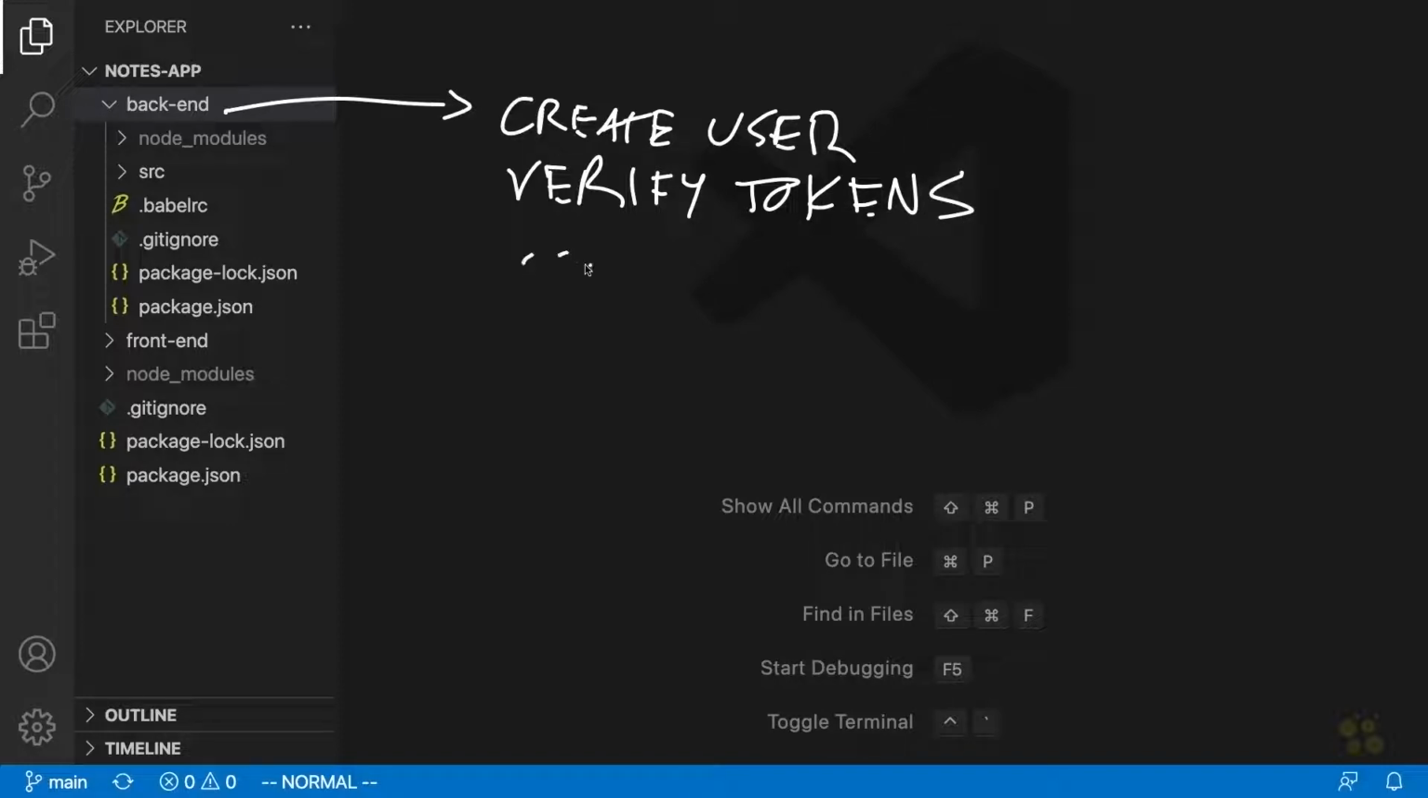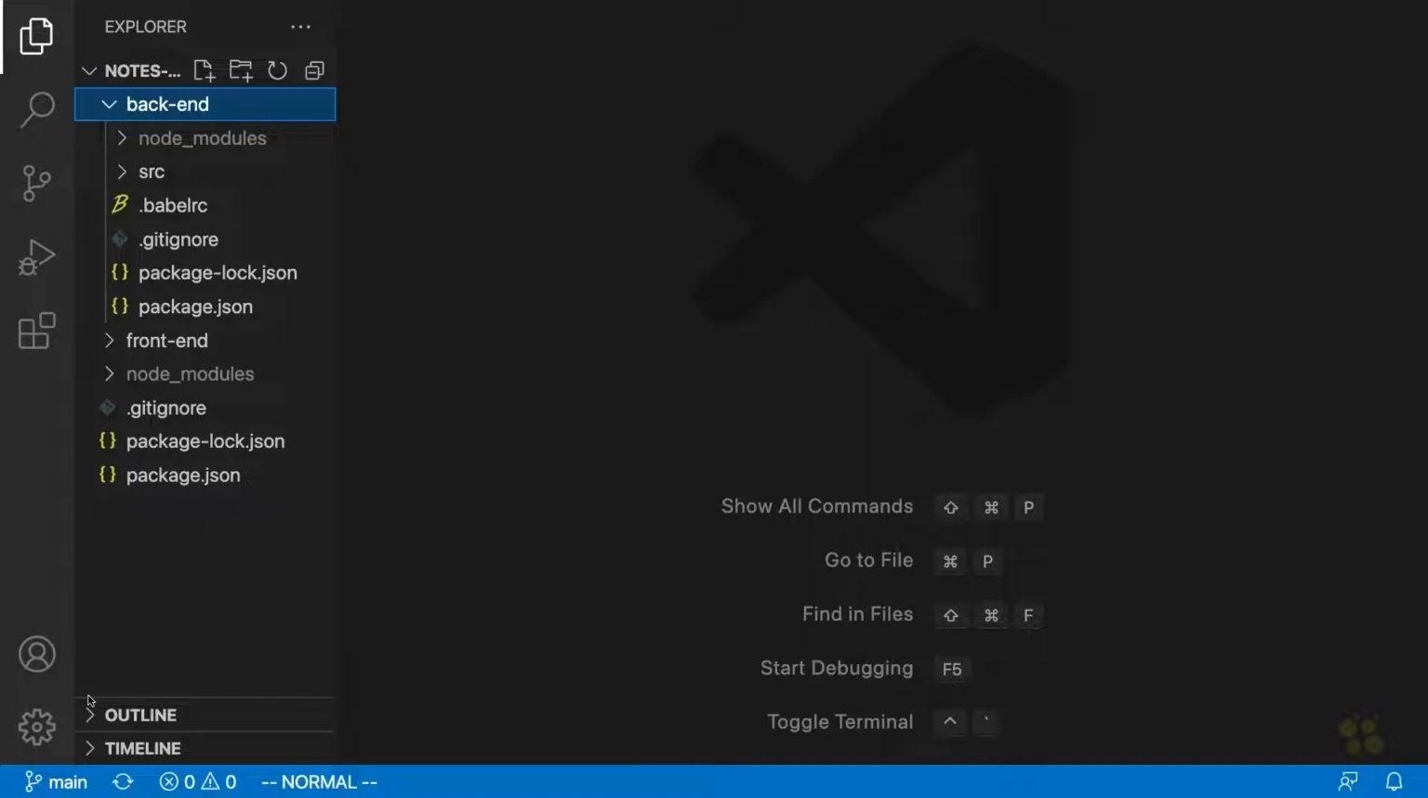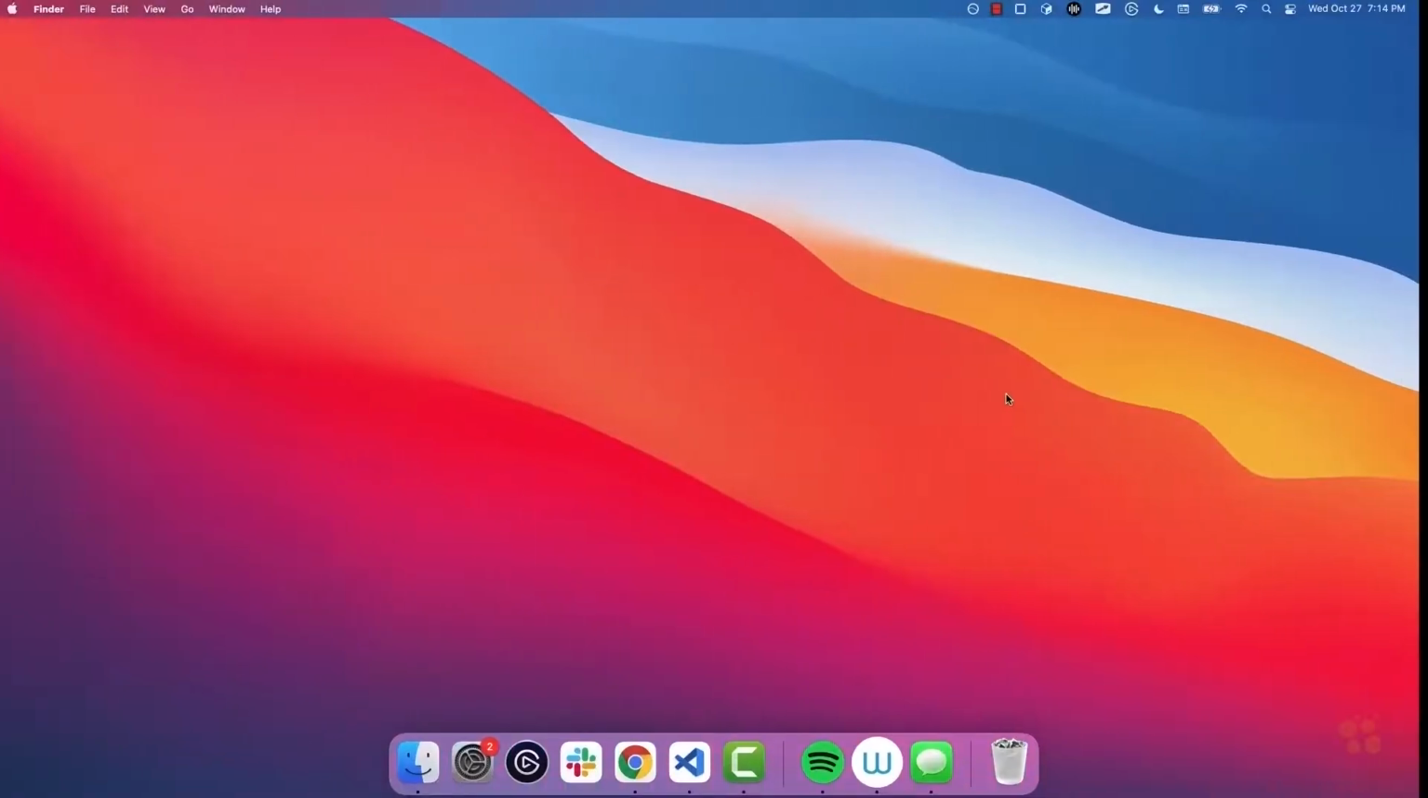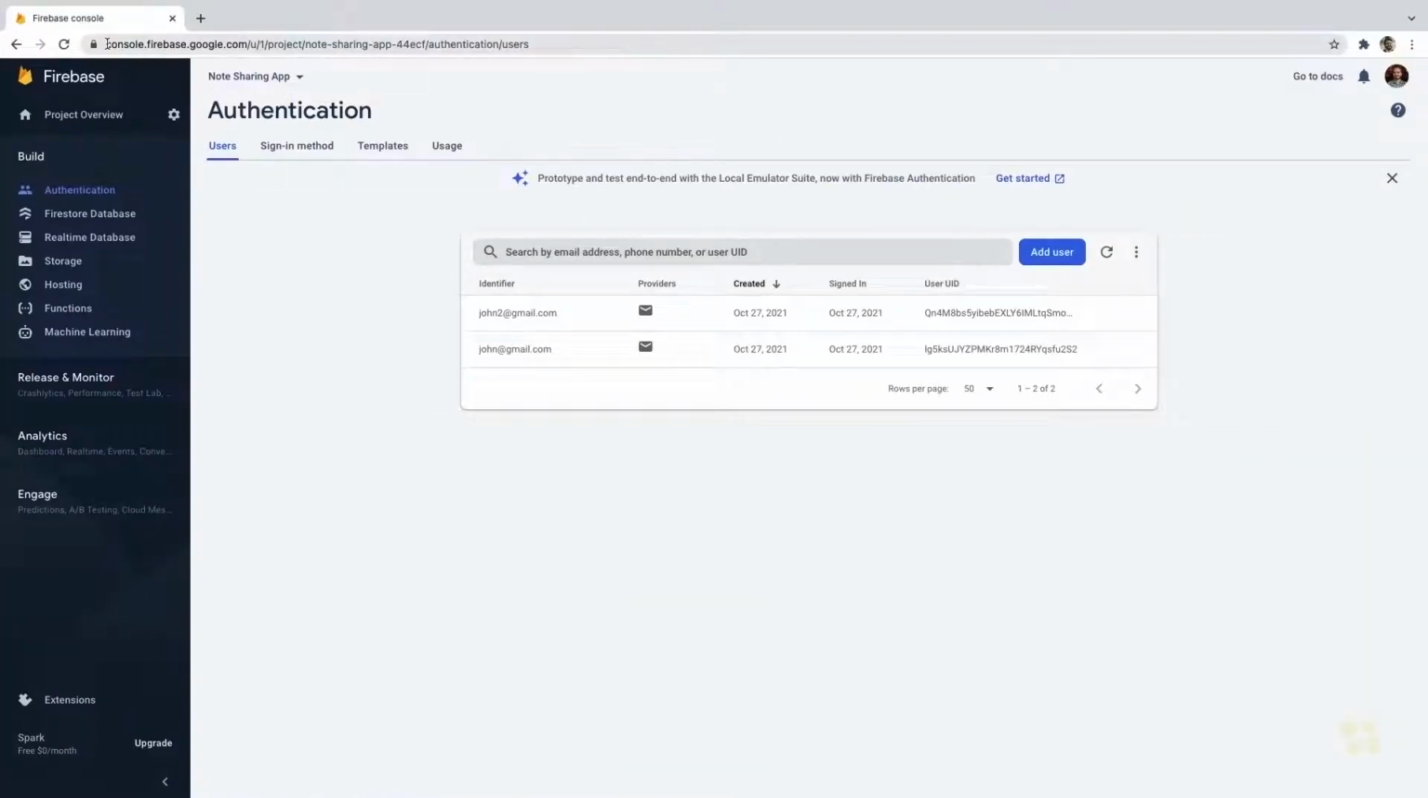Right? So there's a lot of things that this thing is going to be able to do that we definitely don't want the code that's running in our front end to be able to do, since users can edit that code. All right? Never trust the front end. So what we're going to need to do first is inside our Firebase console, which you can find at console.firebase.google.com,